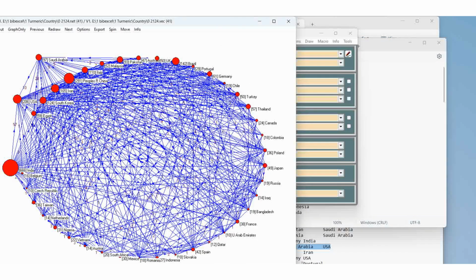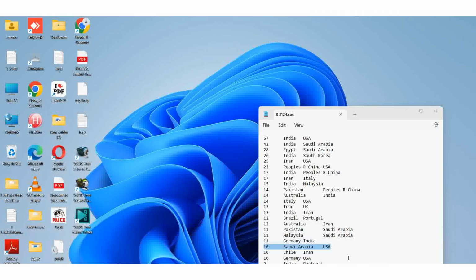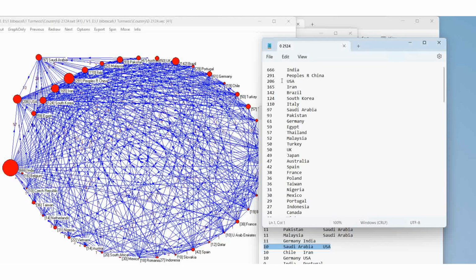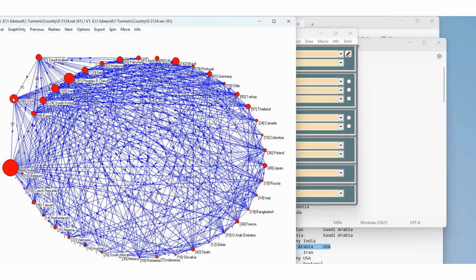Then People's Republic of China's contribution is 291. Then USA 206. Yes, this one is the individual country's contribution, and this one is the collaborative work. So that is like that in